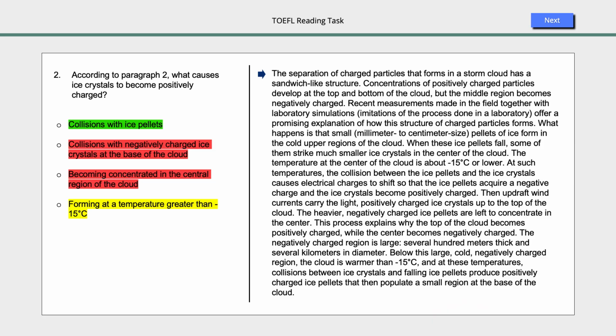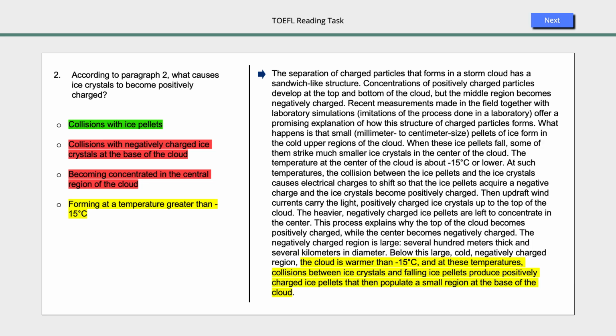The final option says, forming at a temperature greater than -15 degrees Celsius. And the passage says, the cloud is warmer than -15 degrees Celsius, and at these temperatures, collisions between ice crystals and falling ice pellets produce positively charged ice pellets. Again, this seems to be saying the same thing, but can you spot the difference? That's right, it's again talking about producing positively charged ice pellets, not ice crystals, so it doesn't match, and that